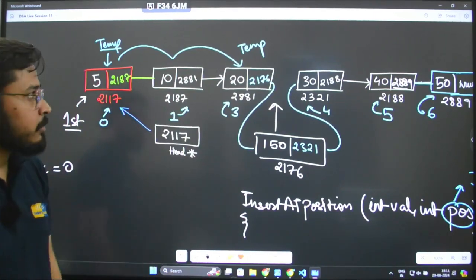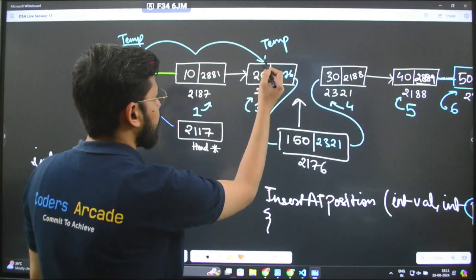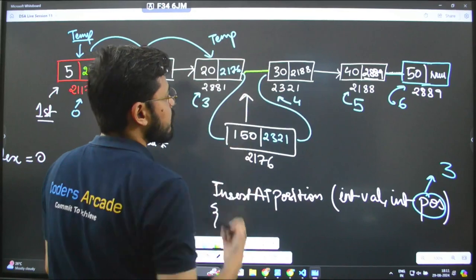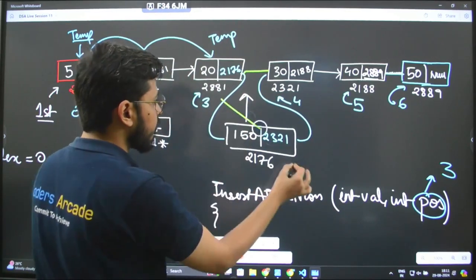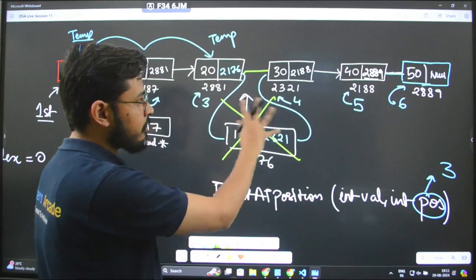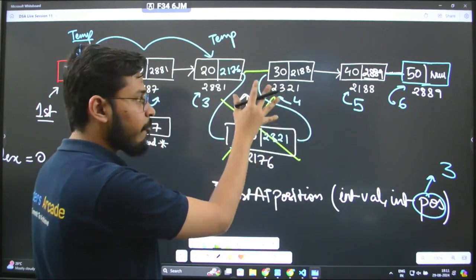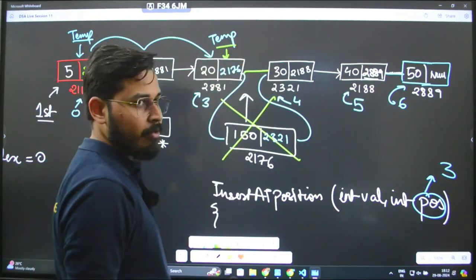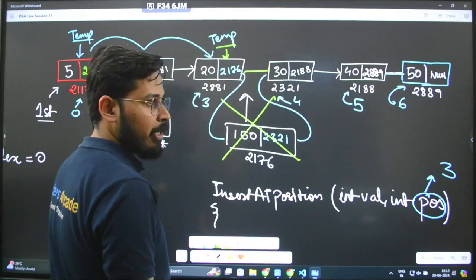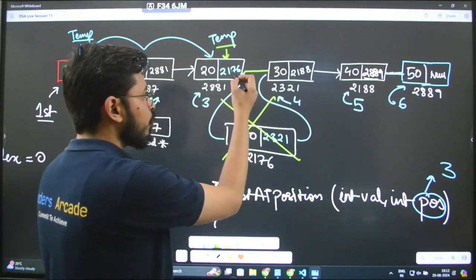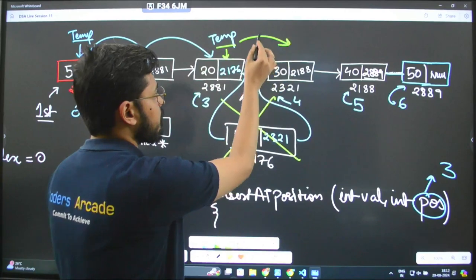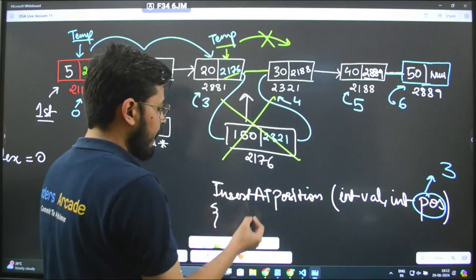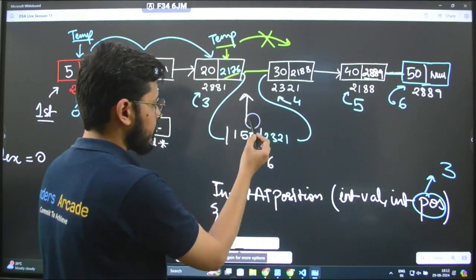And what do you do is, you ask the temp. Right now the temp would be connected to this, correct? Imagine this insertion was not the case, and if you wanted to insert it right in the middle, you would have to reach the temp till right here, till this node. Once you reach that particular node, you would cancel this connection with this connection, and then